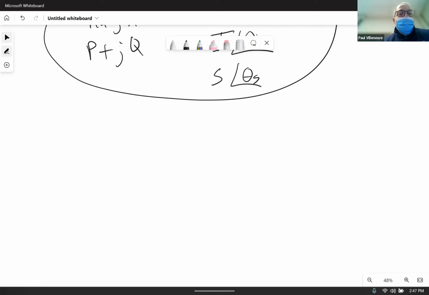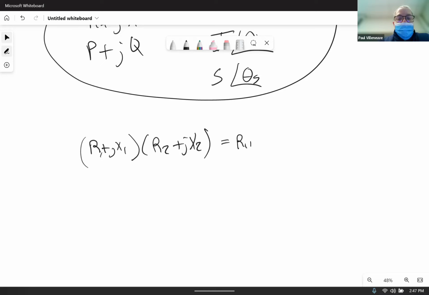We can always multiply R1 plus jX1 times R2 plus jX2, okay? We can multiply those numbers by foiling it. We have R1, R2 plus j times, let's see, X1, R2 plus X2,